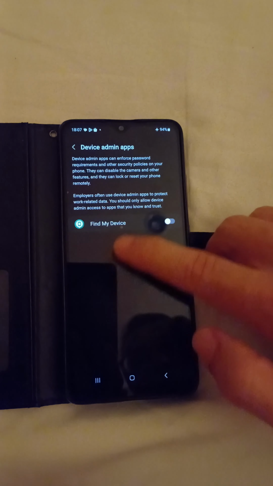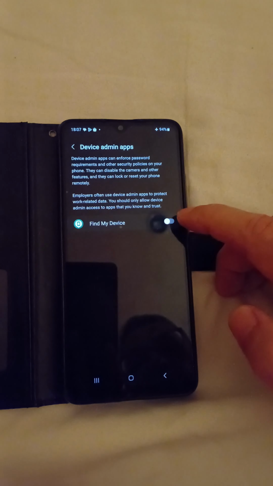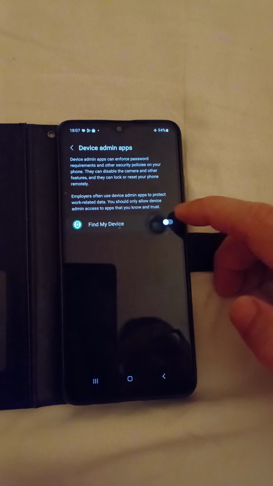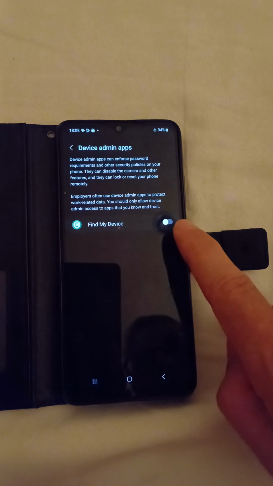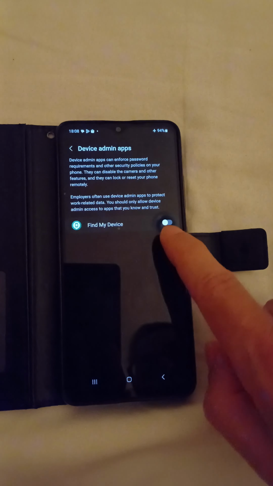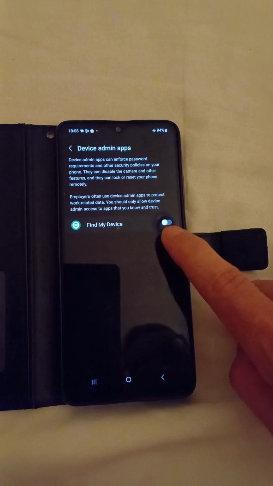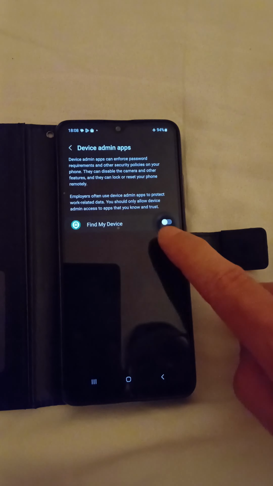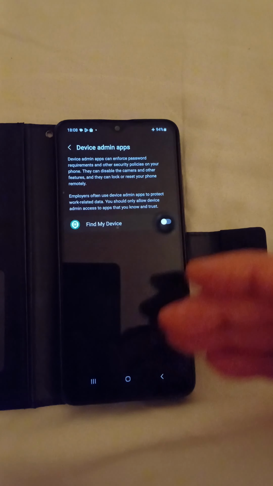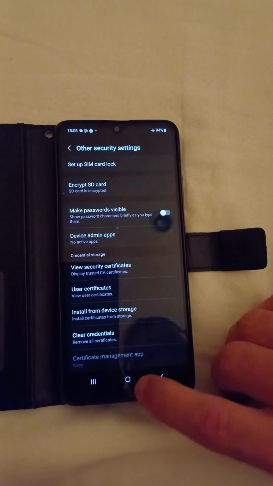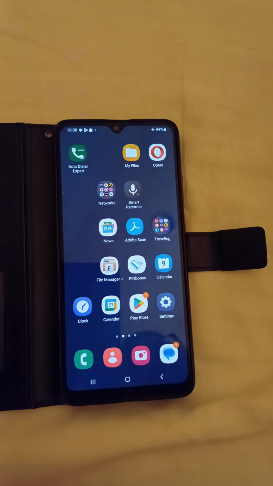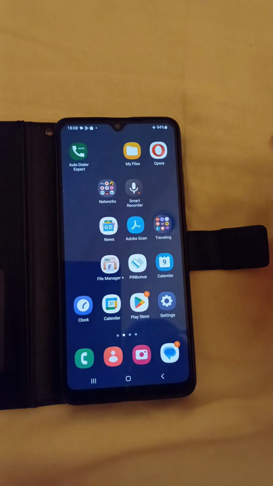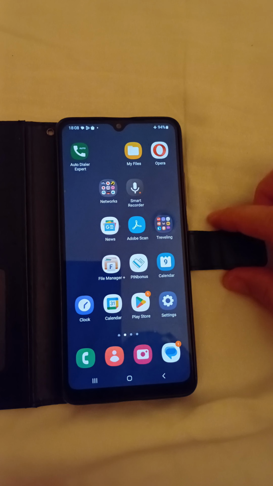So maybe you can see the application here and you just need to switch off the application. Your switcher should be like that, so switch off. After that you can try to delete the application. If you don't do it like that, maybe you have a virus or something more there, and you need to